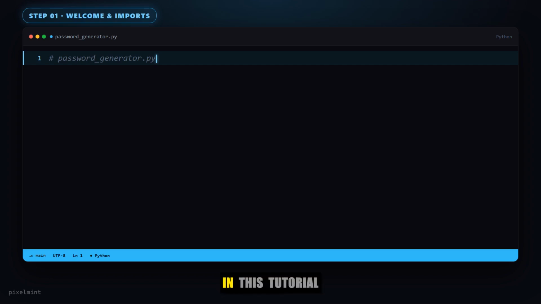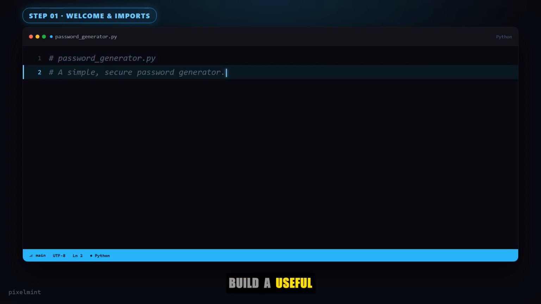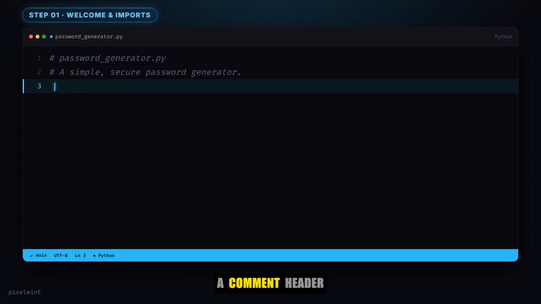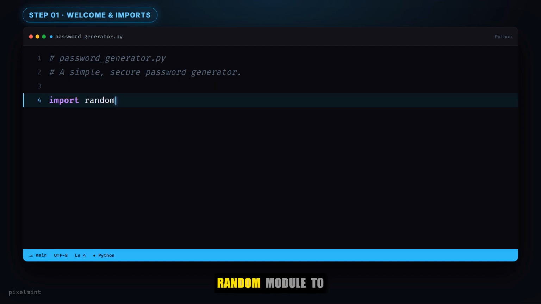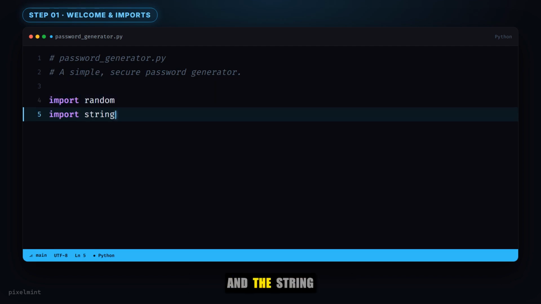Welcome! In this tutorial, we're going to build a useful password generator using Python. First, let's start with a comment header for our file and import the necessary modules. We'll need the random module to pick characters randomly and the string module to easily access predefined character sets like